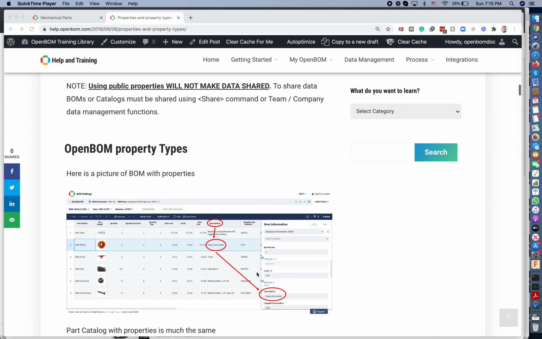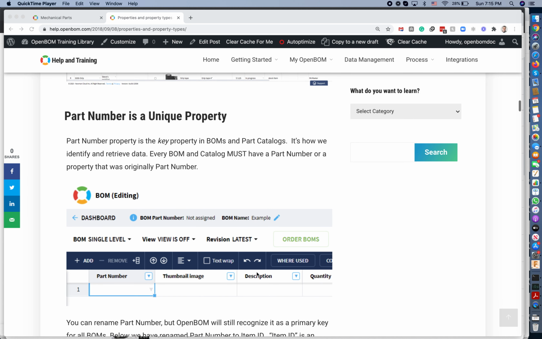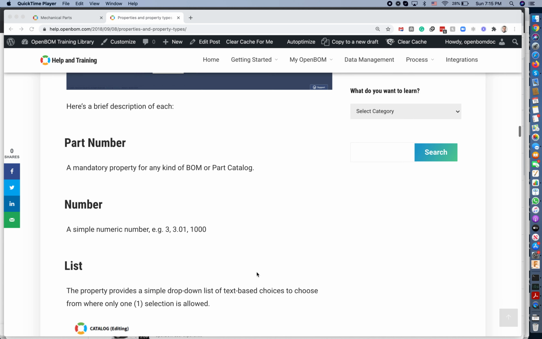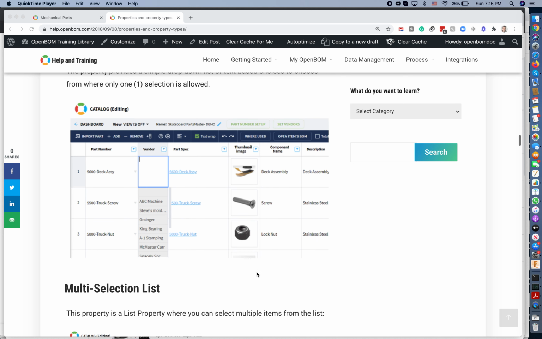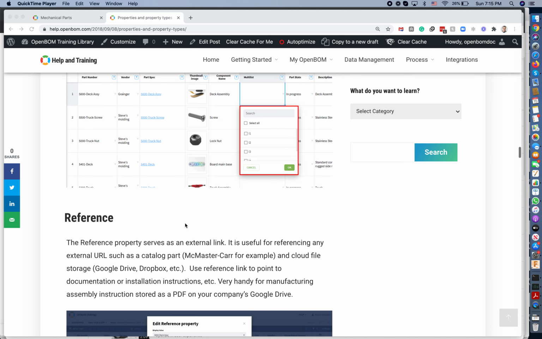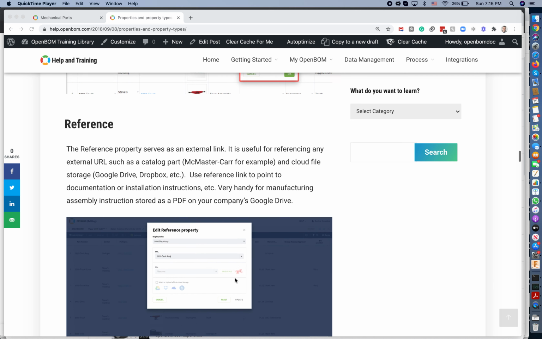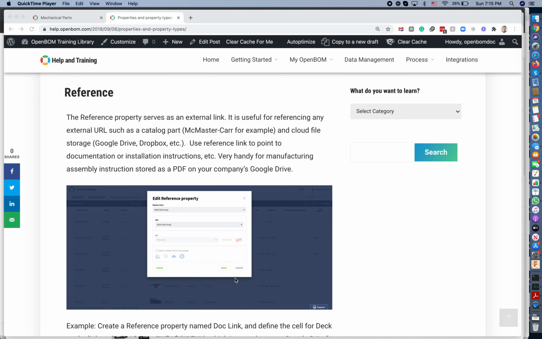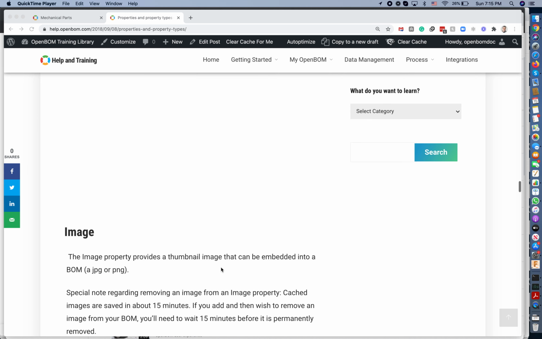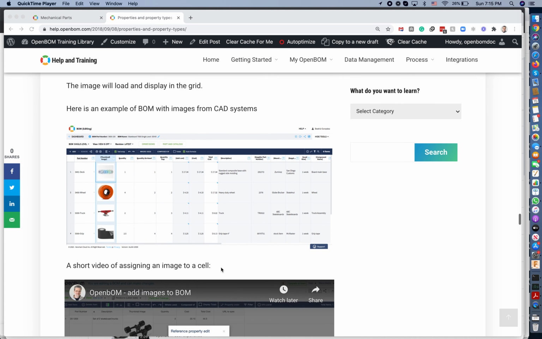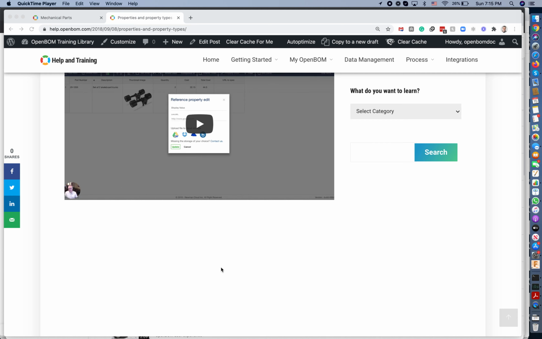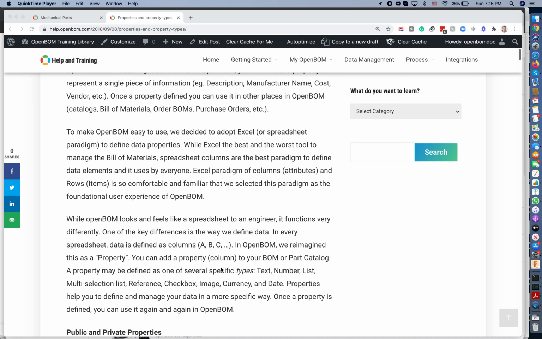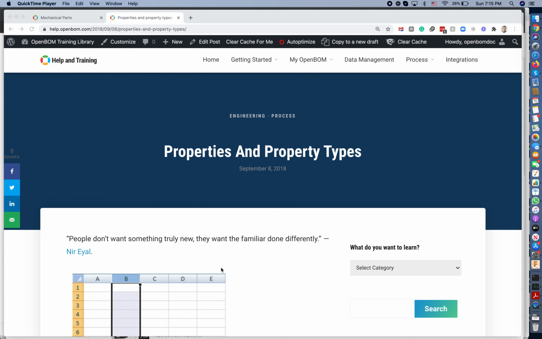So scroll down, you will see that there are some basic simple types like number, text, but there are also more structured data like list, multi-selection list, reference, which is a list linked to some other data, and also files. Reference property allows you to load a file and connect it to the records in OpenBOM. You also have date, image, and a few other properties like currency. So think about this as structured data that you define, and you can add it to any record in